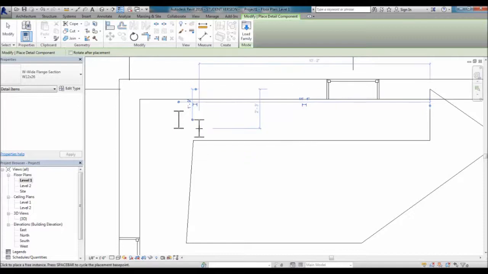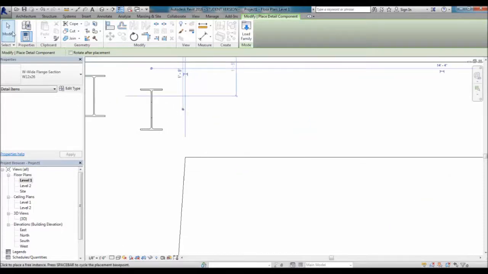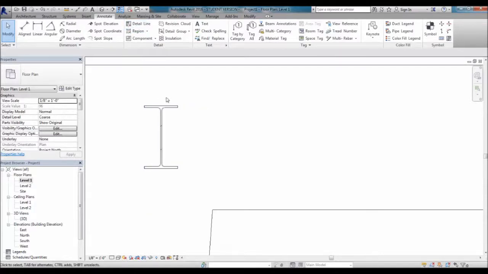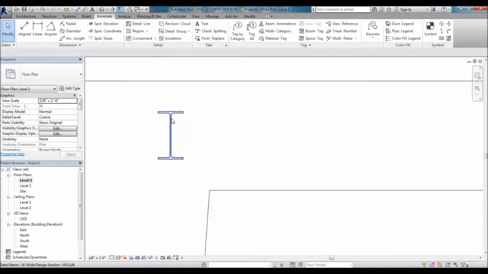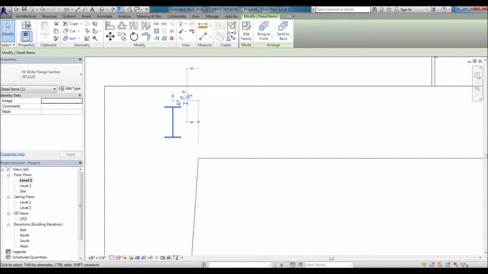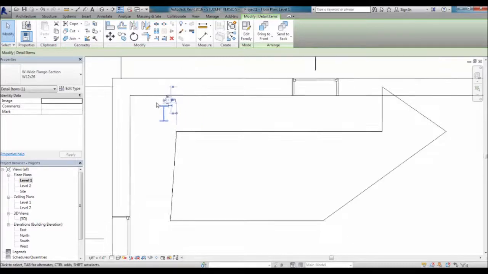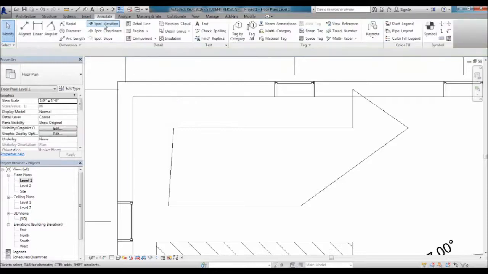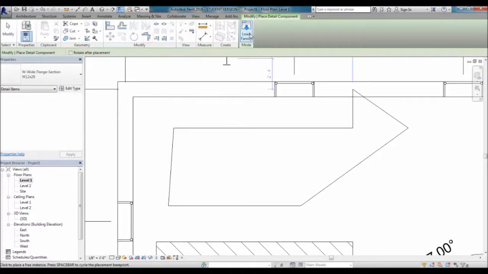Obviously you can go through with just your regular detail lines and draw this out freehand. But the nice thing about the components is that these are already built, already made. You can just add these in, and it adds a little bit more detail into your drawings without having to model anything in 3 dimensions. So that being a wide flange beam, if you go back to the component base here, if you did load family,